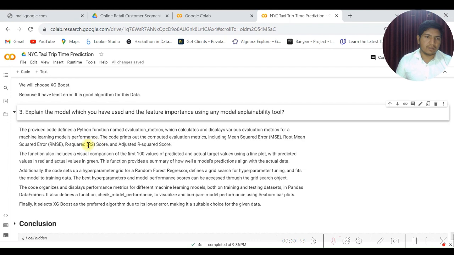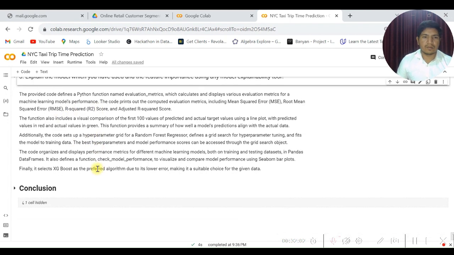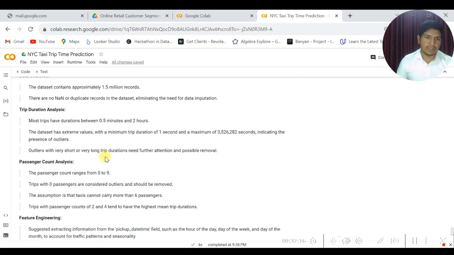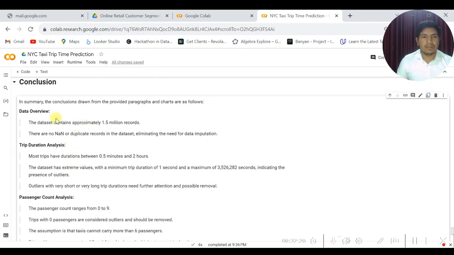Let's explain the model. Finally, I select XGBoost as the preferred algorithm due to its lower error, making it a suitable choice for the given data. Last, I give some conclusion. In summary of